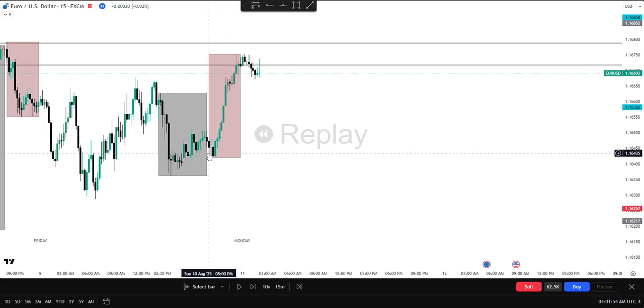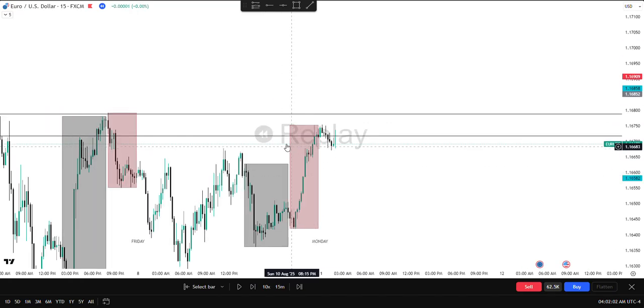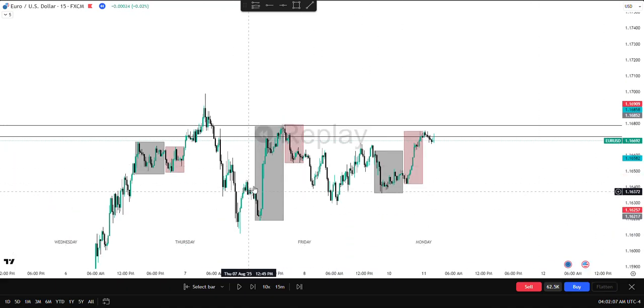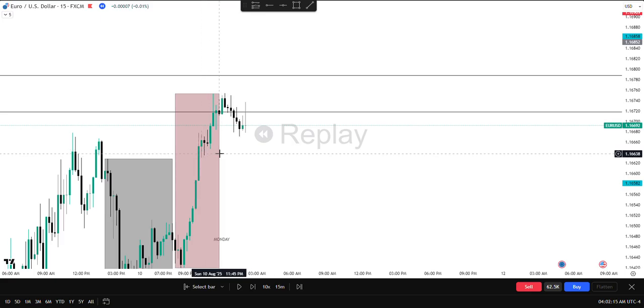Typically this is a bad day to trade for these models, but this is an example where exactly at 2 a.m. it goes and trades higher. As you can see, we take out this buy side liquidity and we come back to the inversion fair value gap. See, we come here, come back here. Now, what do I want to see? I want to see normal protraction trending higher, but we've already trended a decent amount, and we start to roll over. So I'm looking for a delayed protraction. So we have an order block here. Entry. It's in line with the inversion fair value gap. Entry here.